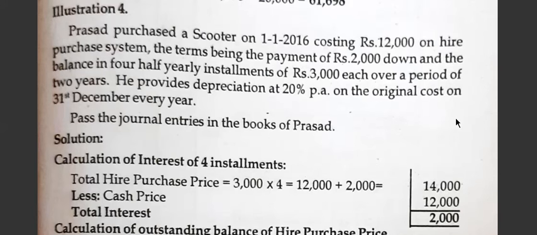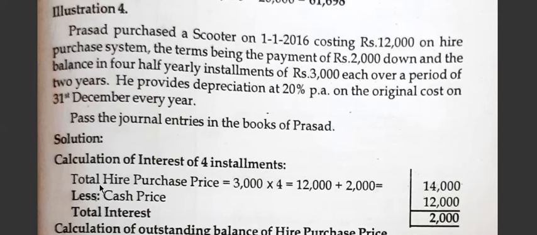Now before moving to the solution, we have to calculate the interest. Now find out which case you have to go, whether first, second, third or fourth. In this problem they have given the cash price, the down payment, the installment, but they have not given the rate of interest. That is important. Rate of interest is not given, so we have to go for the third case. Third case, find out the ratio, then calculate the interest. See, I will show the calculation here.